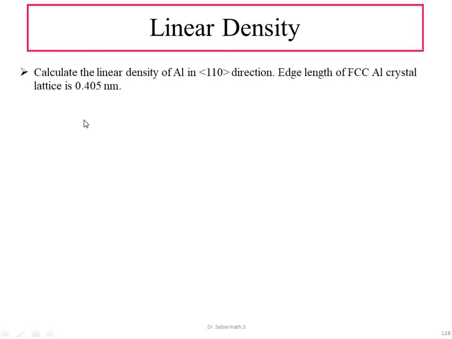Okay, now this is a problem. Here we want to calculate the linear density of aluminum in this particular direction, 110, and the edge length of an FCC aluminum crystal lattice is also given. I request everyone to pause the video at this moment and just try whether you can do it with your